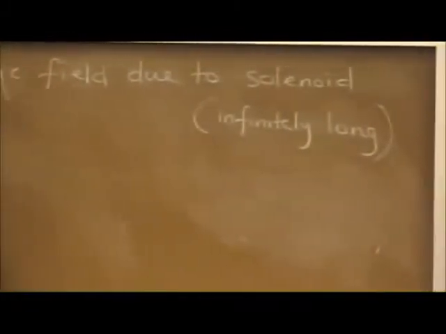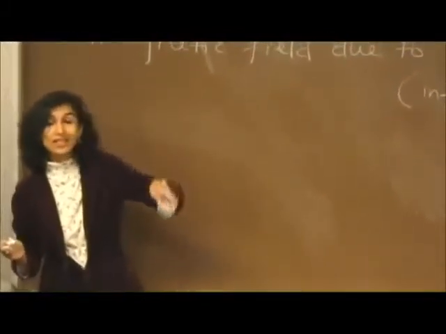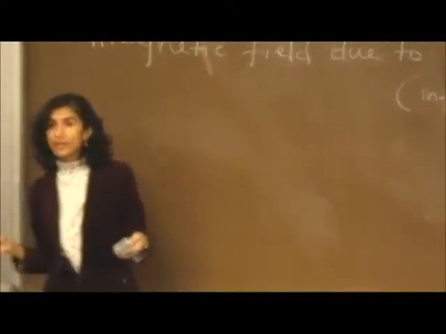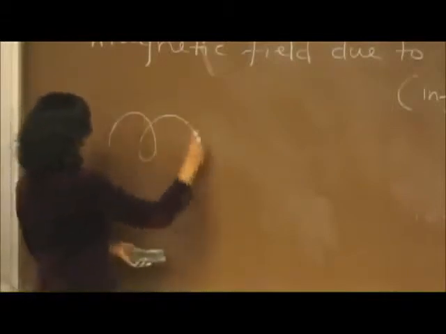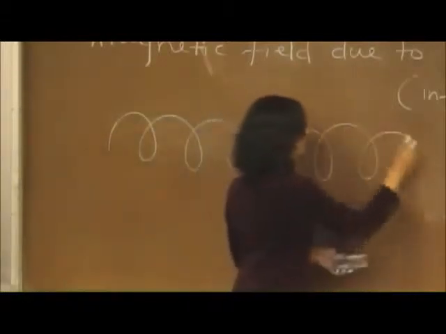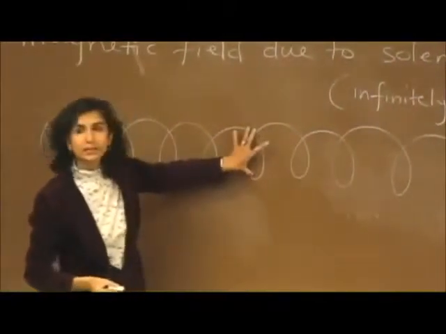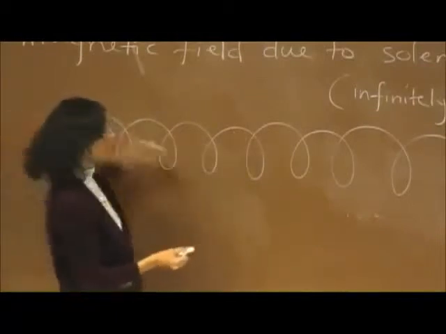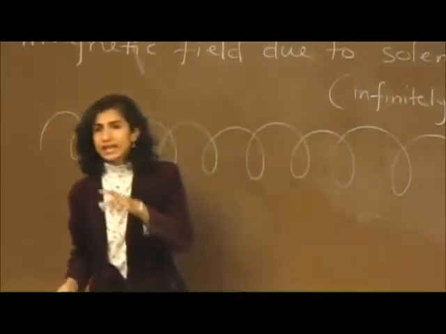Okay. And by infinitely long, again, in your mind what you're thinking is that the radius of this thing is a lot smaller than the distances. So basically what we are saying, infinitely long means that this length is very large compared to this radius, so that we don't worry about the edges. Let's not worry about edges. Okay, if that is the case,